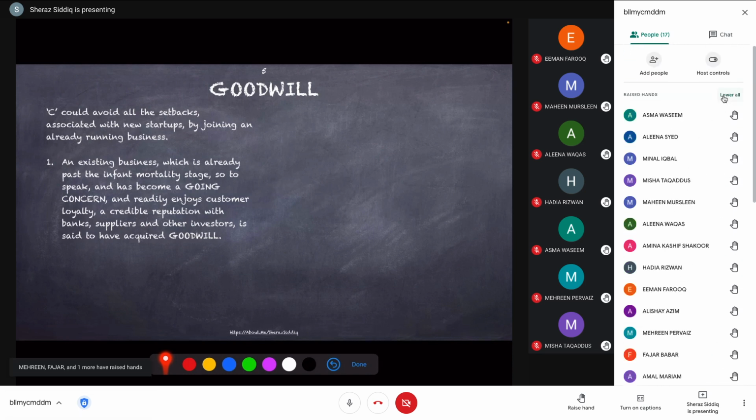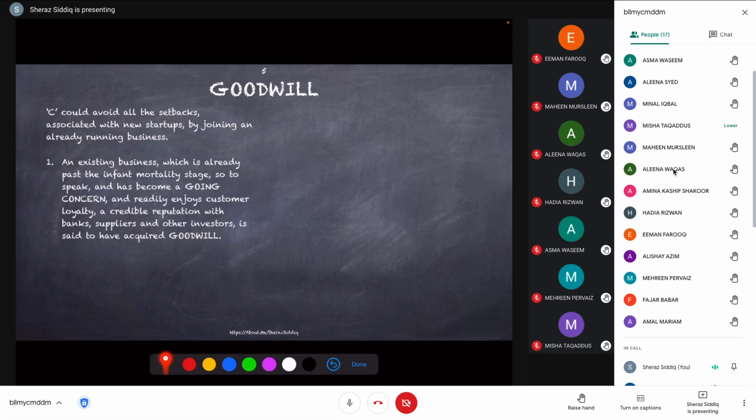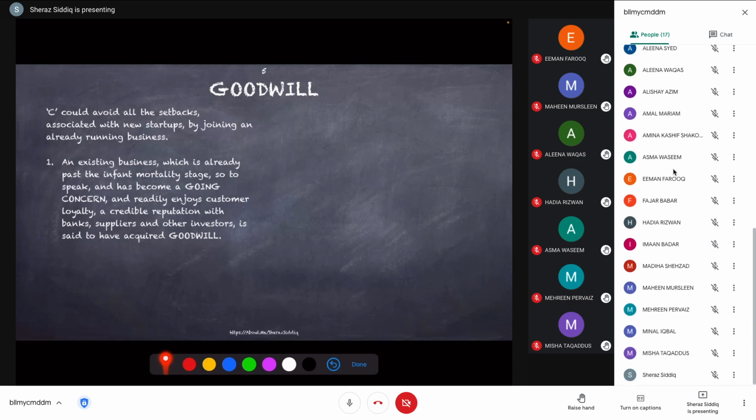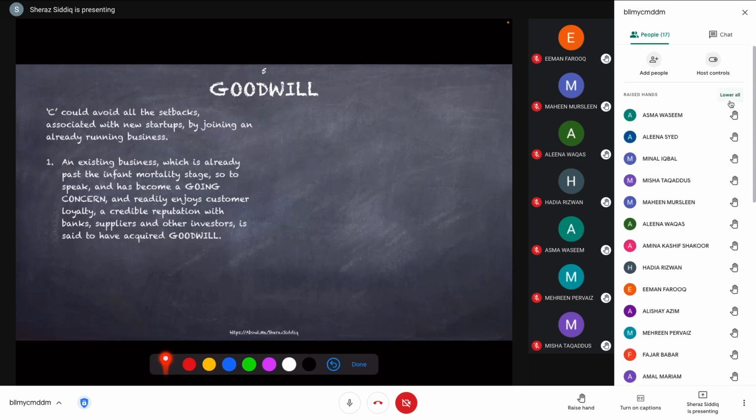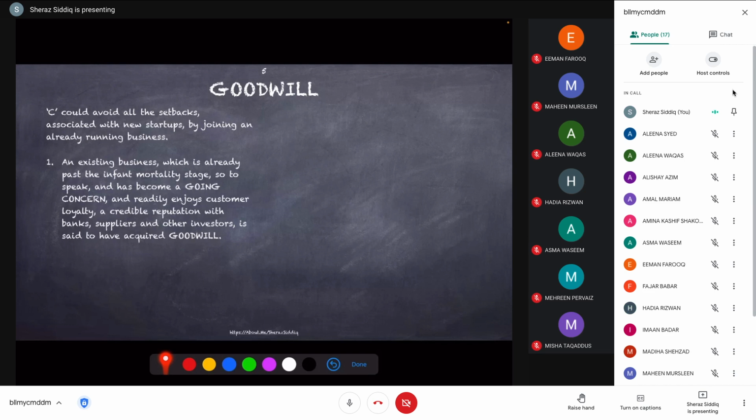Okay, excellent. We have 15 people present. So that means Marukh is the only one absent. Okay. Then the second point, the new firm's owners must bear the cost of goodwill for enjoying